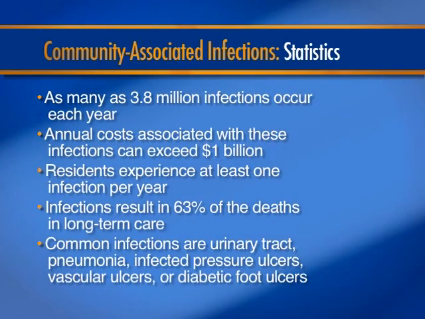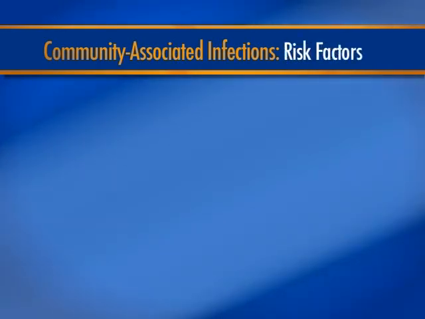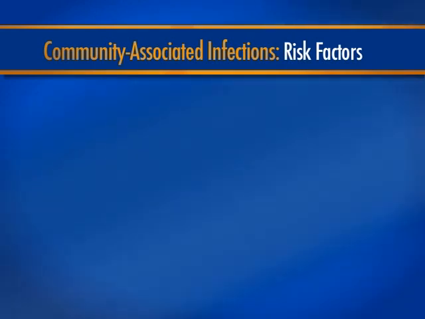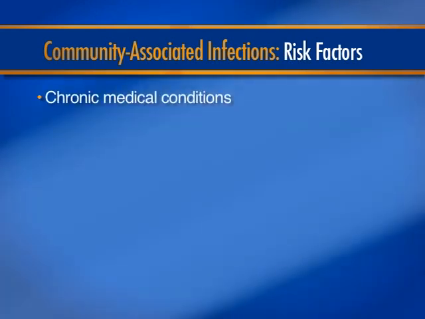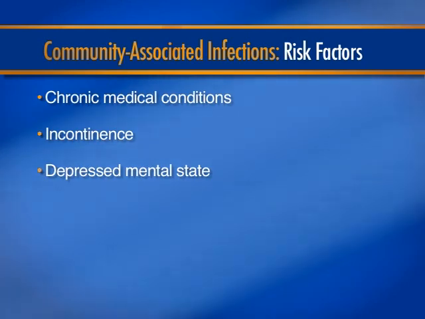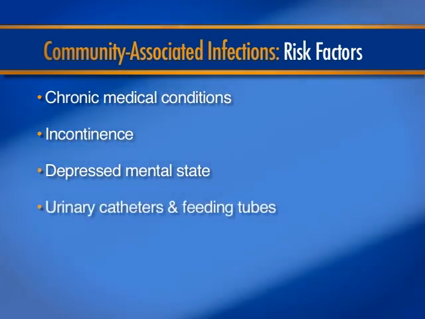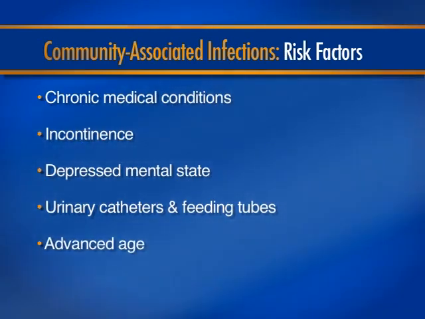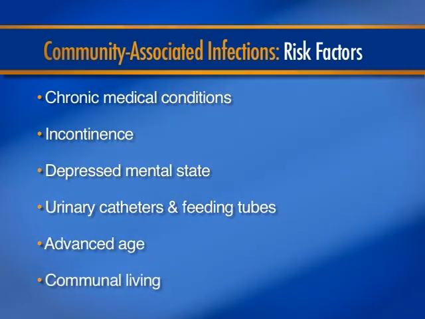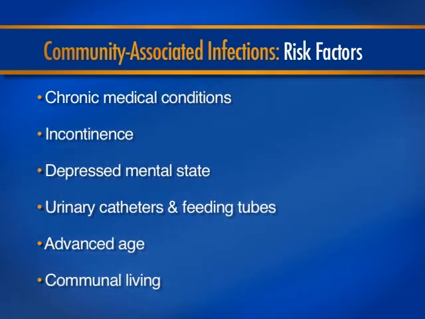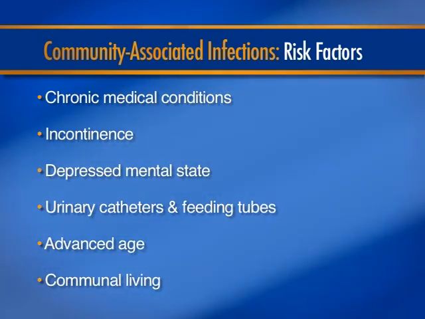Several factors increase the risk of infection for residents. These are all things you see and know about your residents: chronic medical conditions that weaken the immune system, incontinence, depressed mental state or a lowered level of consciousness, use of devices like urinary catheters and feeding tubes, advanced age, and communal living conditions that promote the transfer of infections. Risk factors, trends, and statistics seem like numbers and not people, but they become real when we look closer